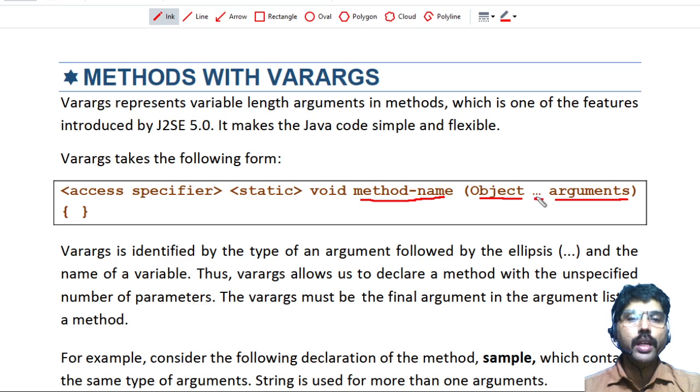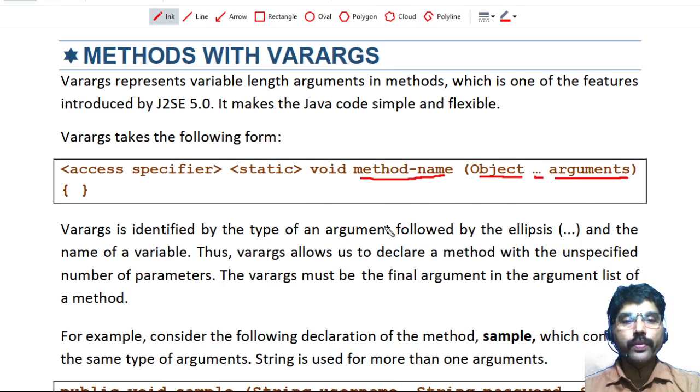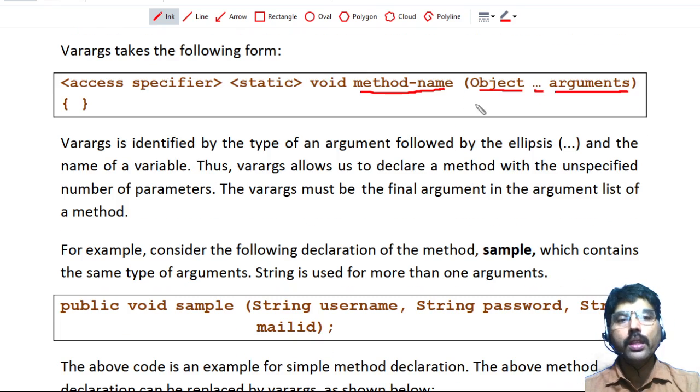Whenever you use these three dots, the meaning is varargs. This method provides access to an unlimited number of arguments of this object type. I can pass any number of arguments of this object type here. This is provided with this syntax.